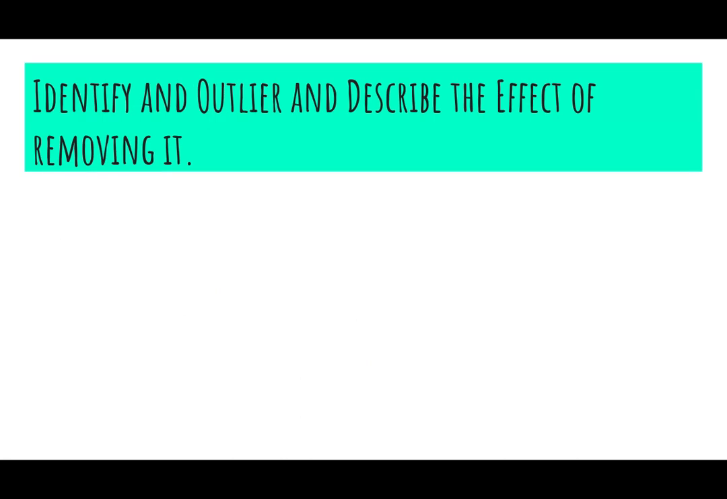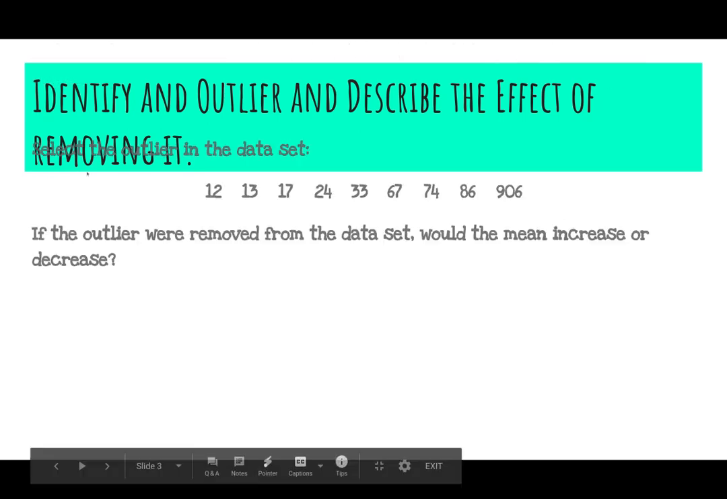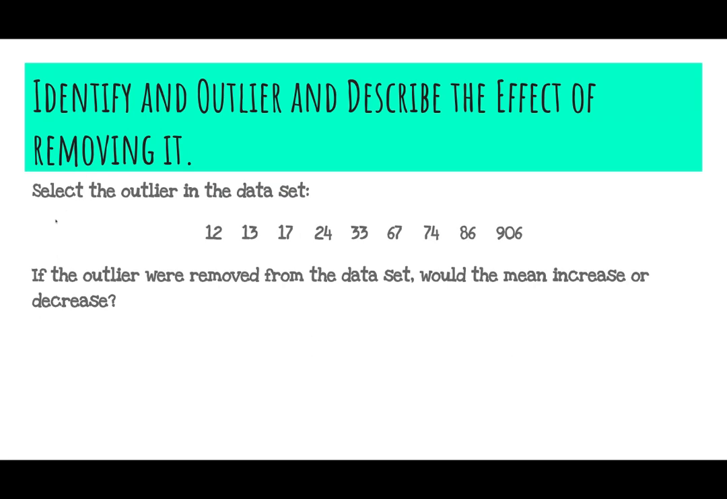So the next thing you're going to do is identify an outlier and describe the effect of removing it. Let's see if this pops up here. Here we go. The first thing you want to do is select the outlier in the data set. So if you're looking at the data here, we have 12, 13, 17, 24, 33, 67, 74, 86,